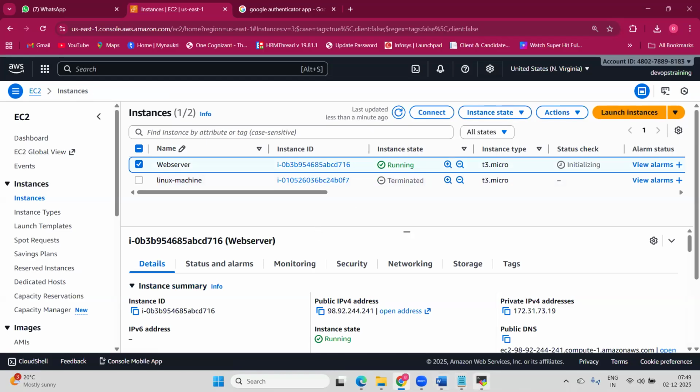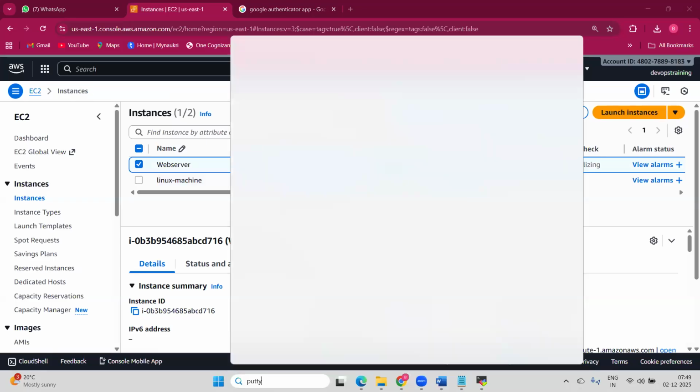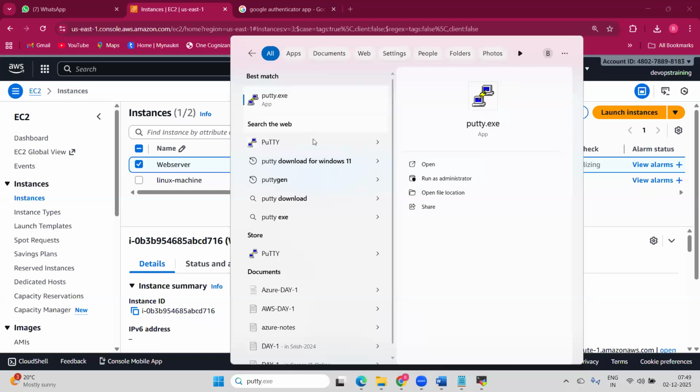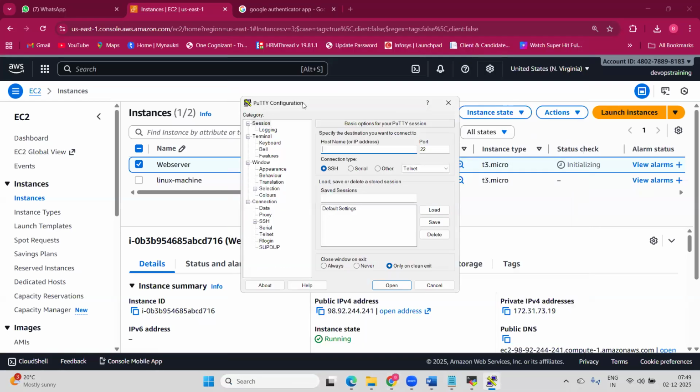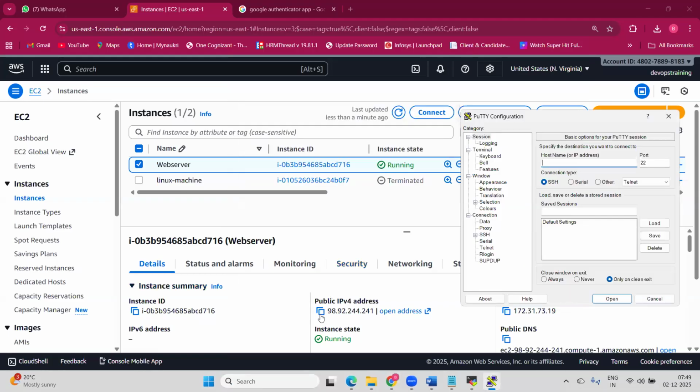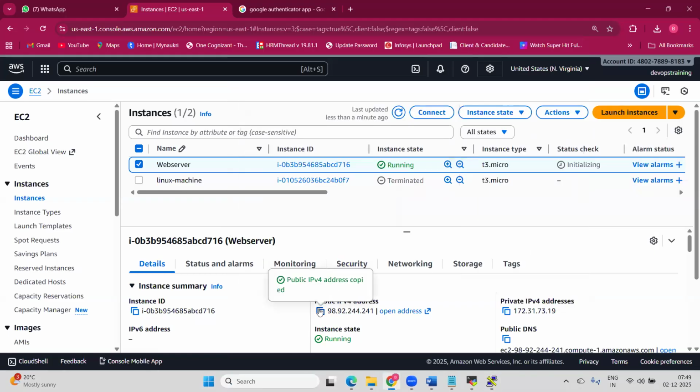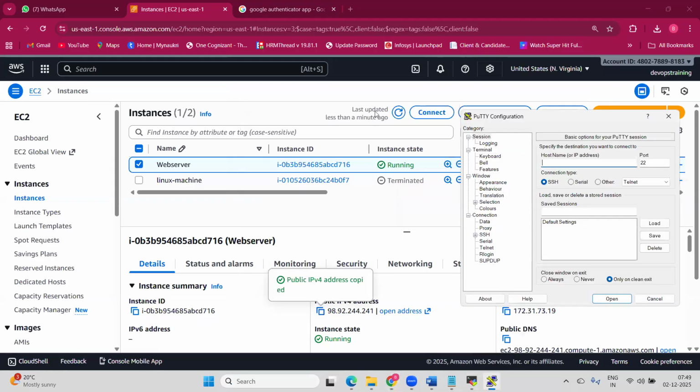Now we are connecting with the putty. So for putty, you need to have putty in your system. It's an executable. In case you don't have putty, go and download a putty file. Okay, so this is putty. What you can do is copy the public IP address of that machine and just type